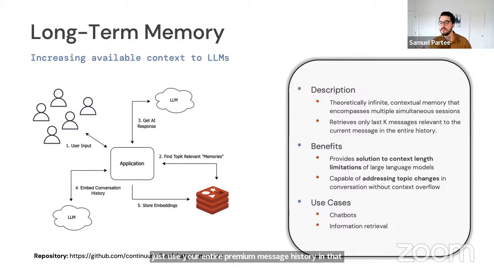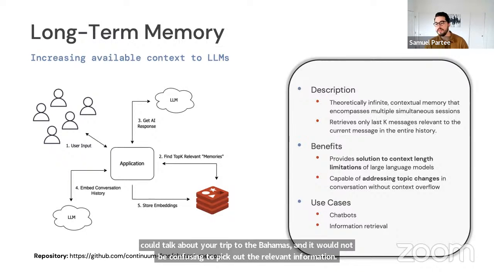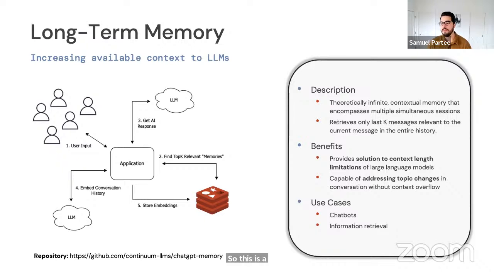Instead, it's going to look up every single vector that's relevant to that particular message, and pick those pieces to then have a conversation about. And so then, right after talking about Germany, you could talk about your trip to the Bahamas, and it would not be confused, as it picks out the relevant information. This approach is called long-term memory,